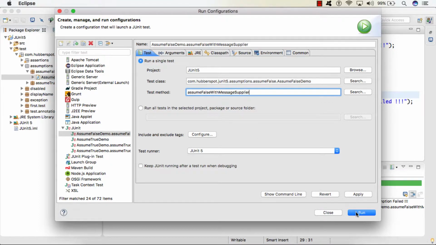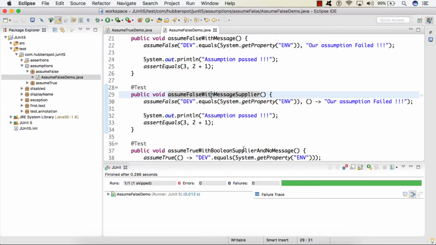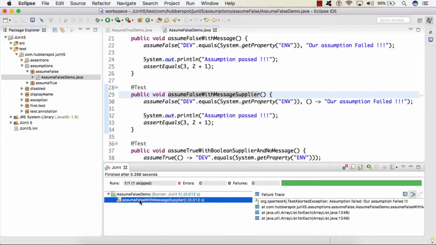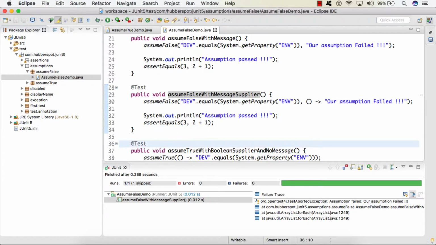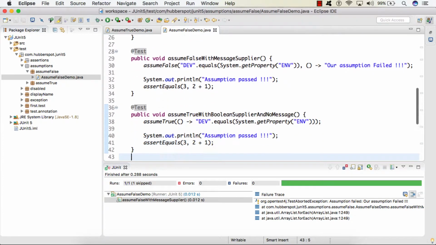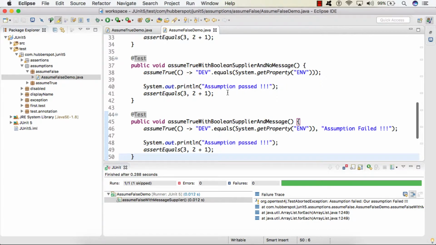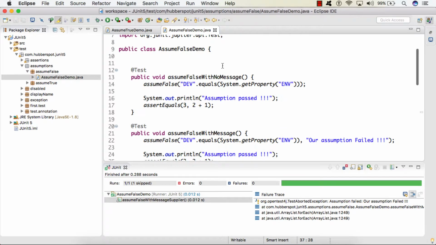So if I run this test case, here you can see the test case got skipped and the output is pretty much the same as what we saw in our second test. Along with TestAbortedException, it also printed our own customized message which we provided by the supplier functional interface.